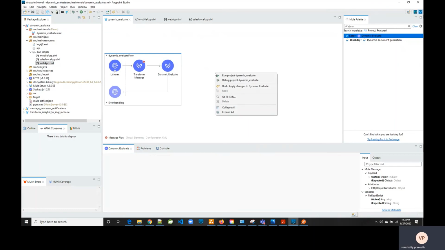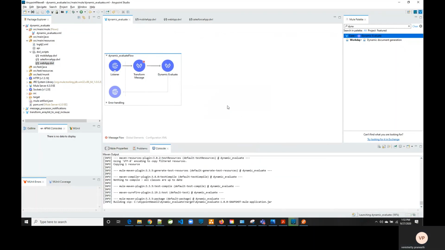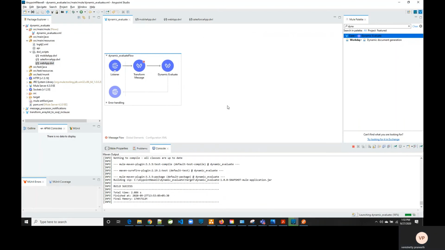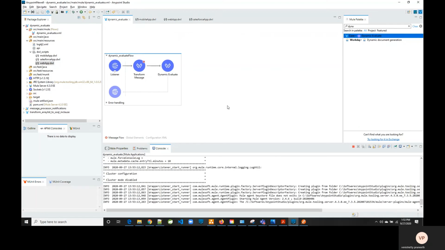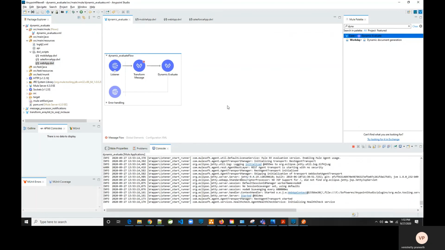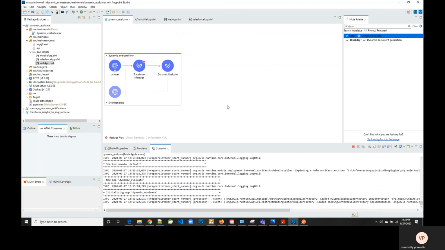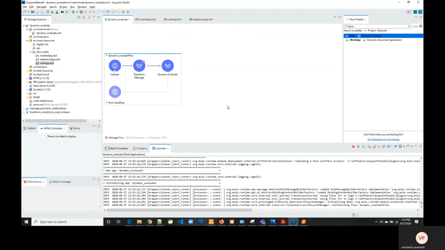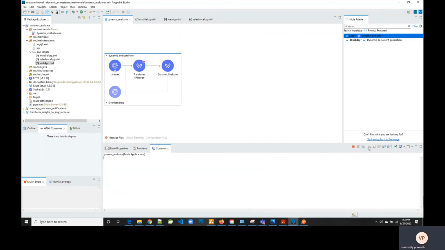Now let me run the API and we'll see how this works. Now I see the app up and running.